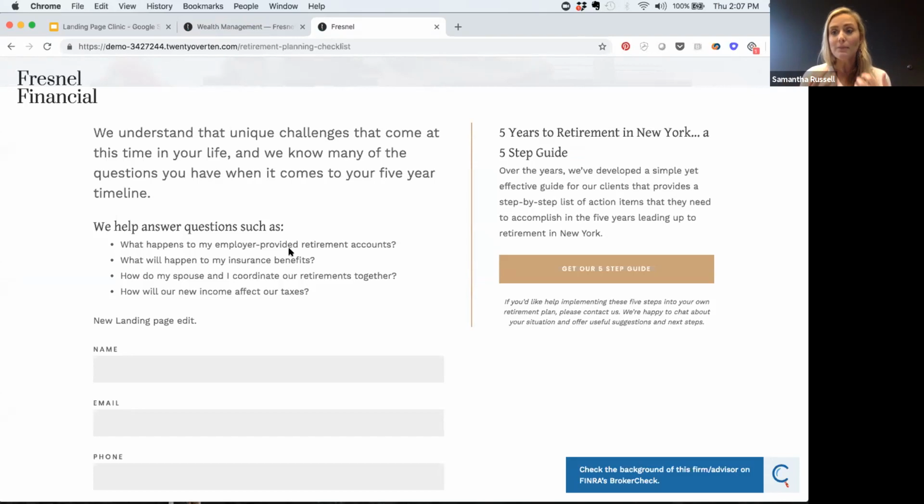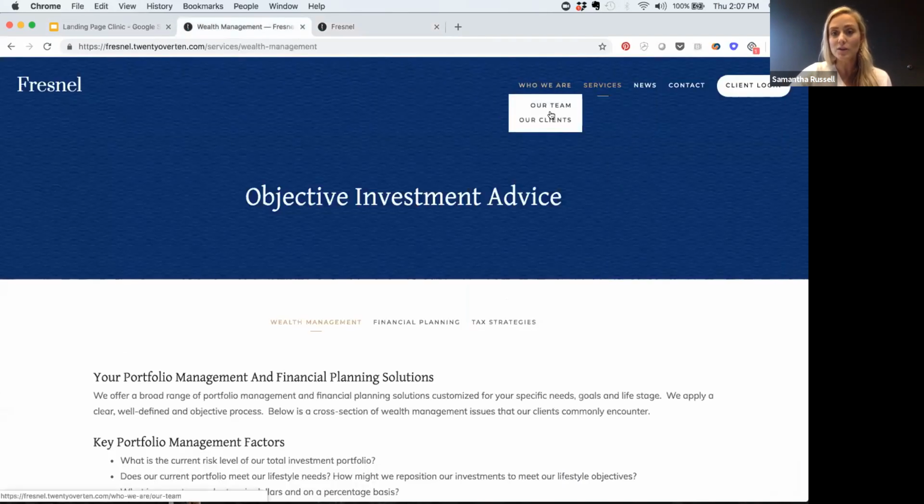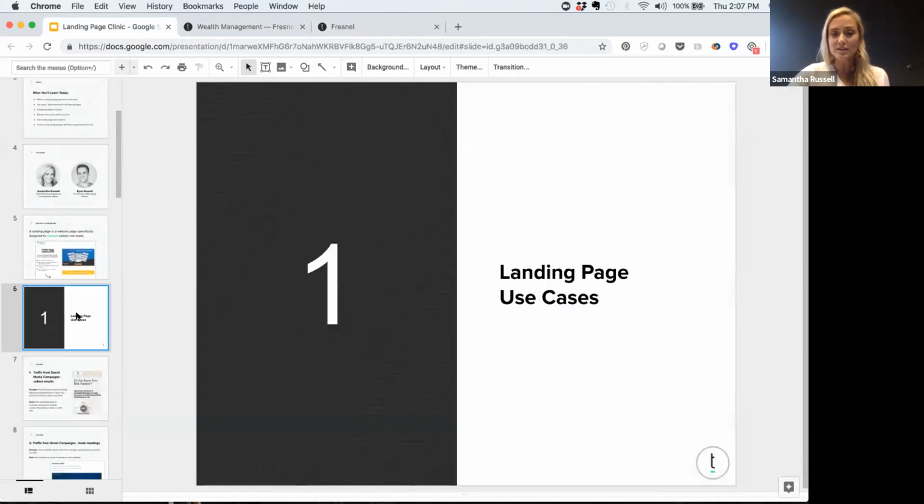So when we talk about landing pages, what we mean is a page that's not accessible from the main navigation or sub-navigation of your website. The way that you use the page can take various forms, but in its essence, in terms of the site architecture, it's not accessible from the main navigation or the sub-navigation, so it's not tied to any of those main pages. Okay, so let's dive right in and talk about some use cases for how you might use landing pages.